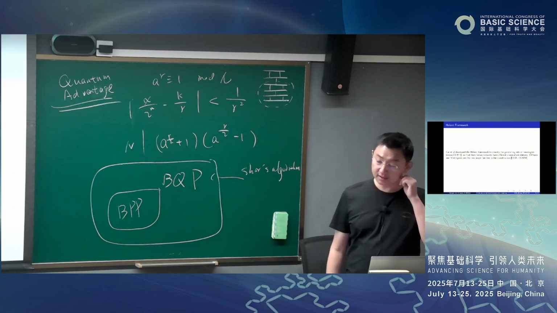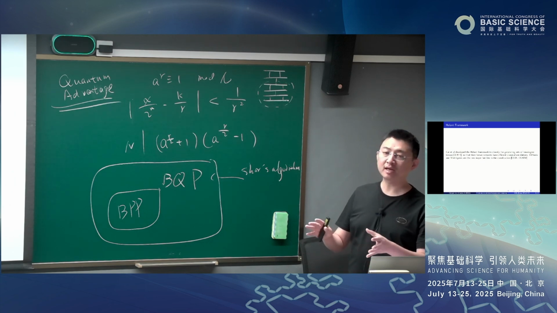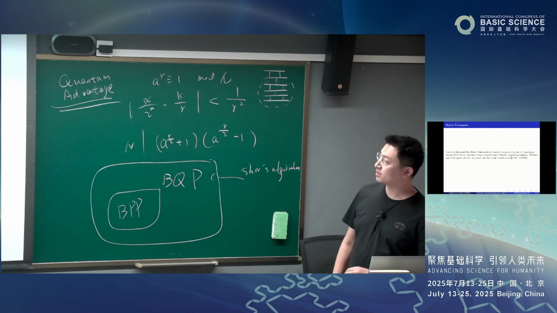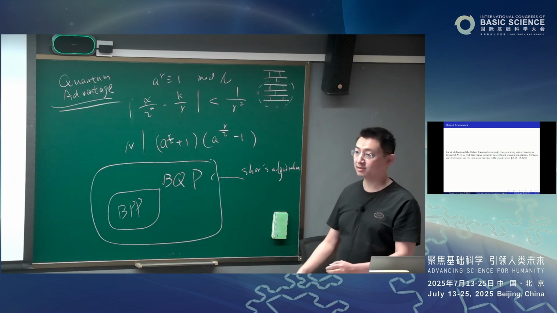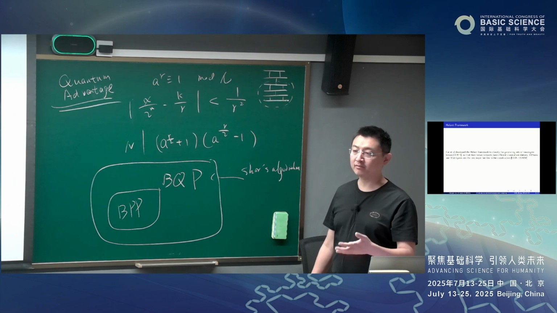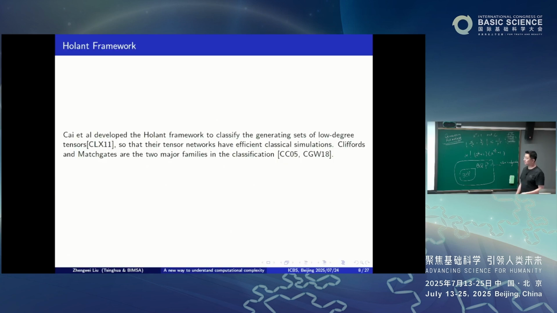And Professor Jin-Yi Cai, a leading expert in computer science, has a very nice framework called the Holant framework. It essentially solves some counting problems in field theory. They show that given certain local tensors, you look at all possible tensor networks and try to show whether computing the value of the tensor network is a P problem or an NP problem. And then he gave a full classification, essentially saying if the tensor network can be solved in polynomial time, then the generating tensors will be either Clifford or matchgate, just these two families.